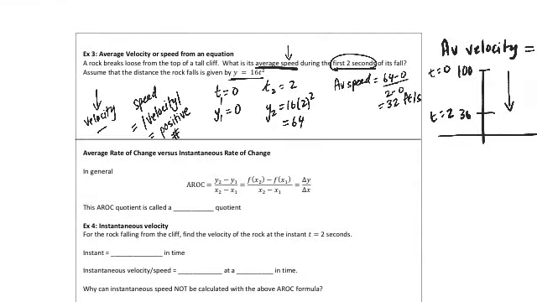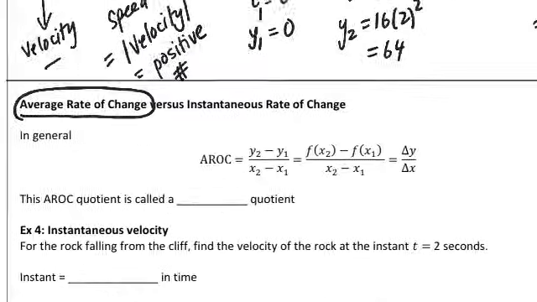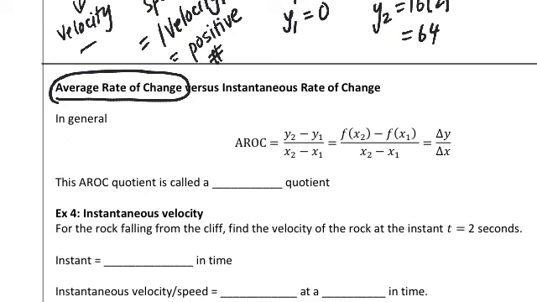So that would be average velocity. Okay, so the key takeaway from all of this is that the average rate of change, we've been looking at position, and therefore it's the average rate of change of position or velocity that we've been talking about. But in general, we could do this for any quantity. The average rate of change of any quantity is given by this difference quotient. We call this a difference quotient. It's the rise over run calculation. Rise, y2 minus y1, over run, x2 minus x1, right? Sometimes we write it as f of x2 minus f of x1 over x2 minus x1, but this just means